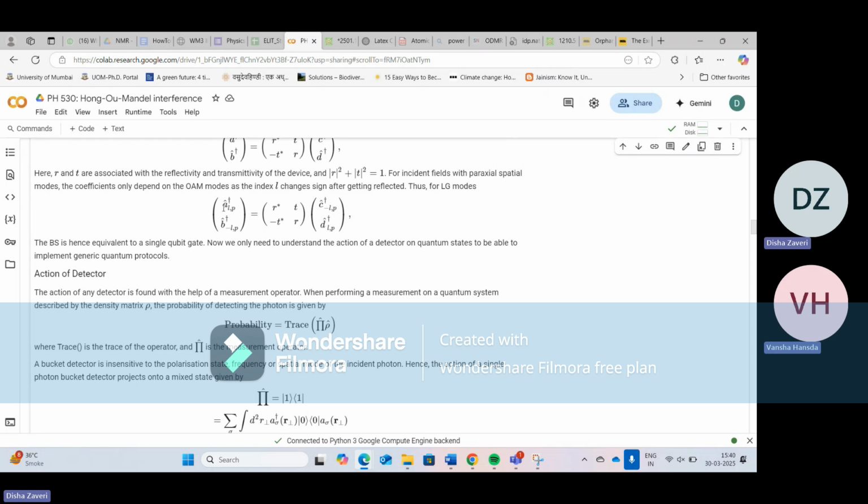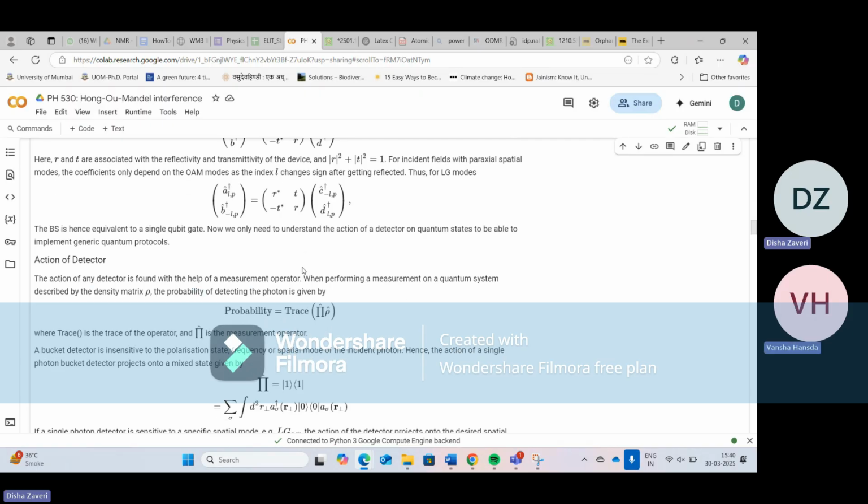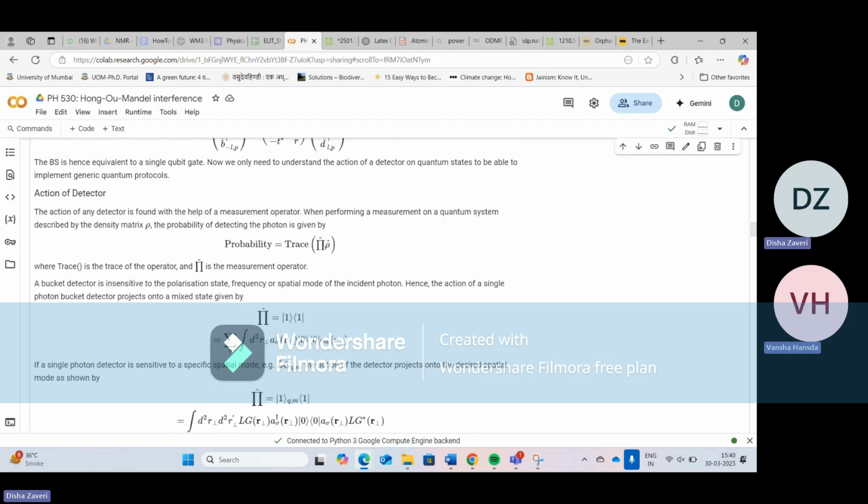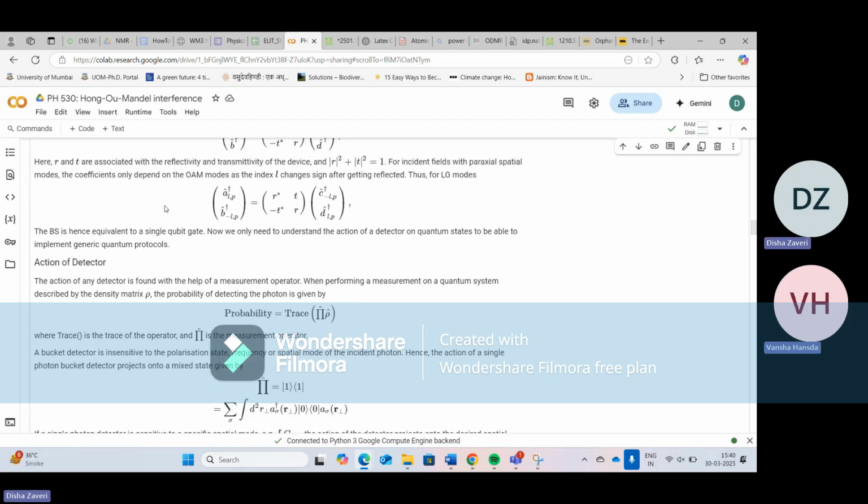So for example, if we just want to see AL, you have R star into C minus S. So over here R is showing the reflection. So we are seeing that there's a change in sign of orbital angular momentum, while when V is multiplied with the transmission, you see that the change isn't existing. Okay, so now you can see that